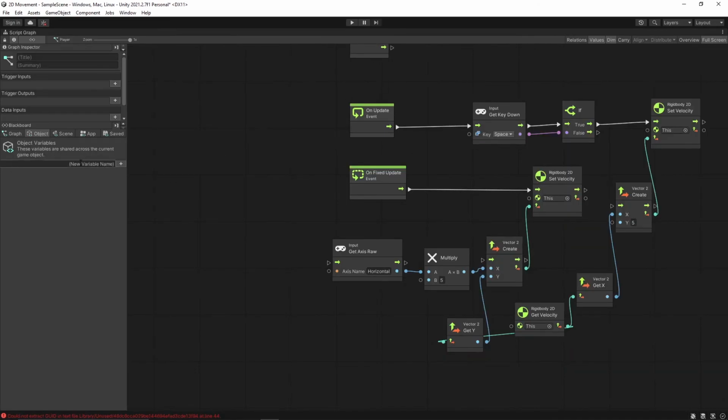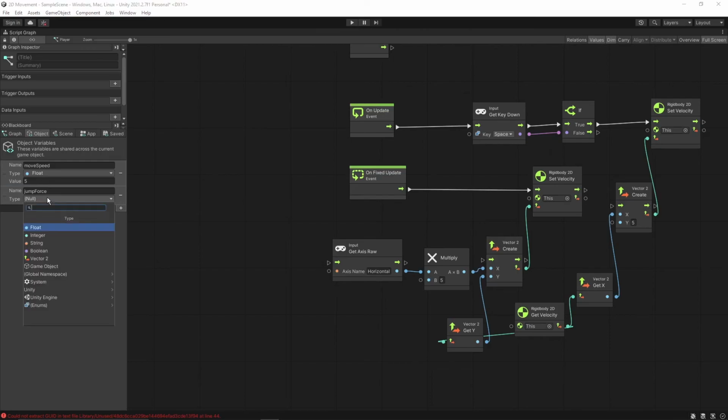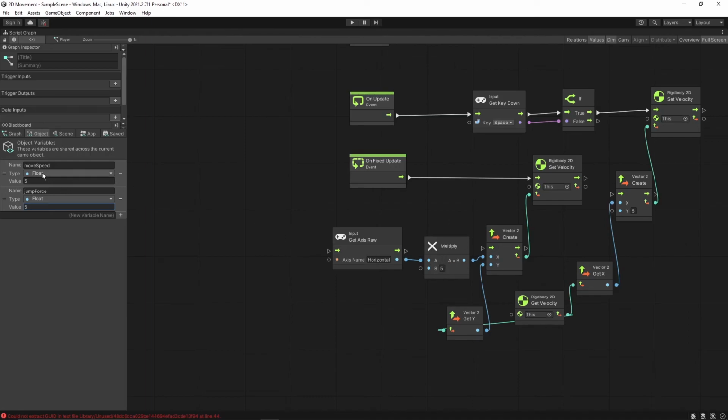So now let's create it. Let's call it move speed. Click on plus, then select the type. Now the value, we'll create one more, jump force, type as float, value as 5. Now how can we access the values of these variables over here?